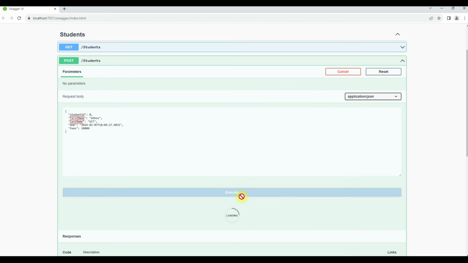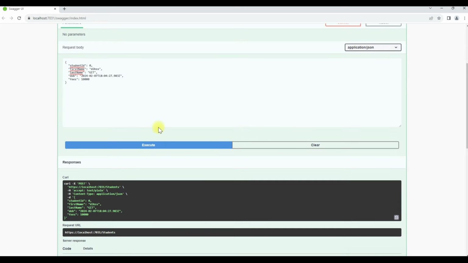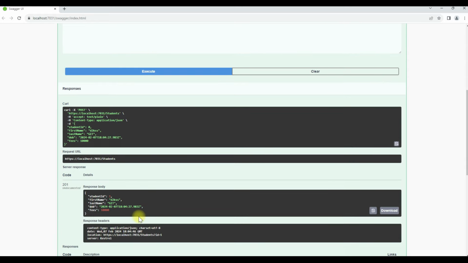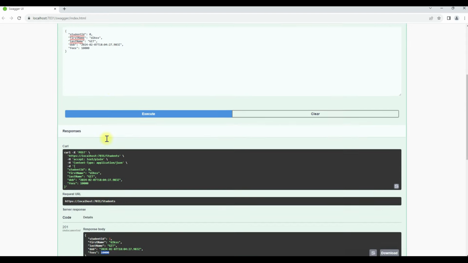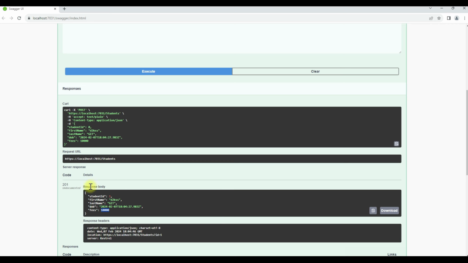When I click execute, the API has run successfully and the first record has been generated. Now you can see the student ID, which is the primary key generated automatically, and the first name, last name, DOB, and